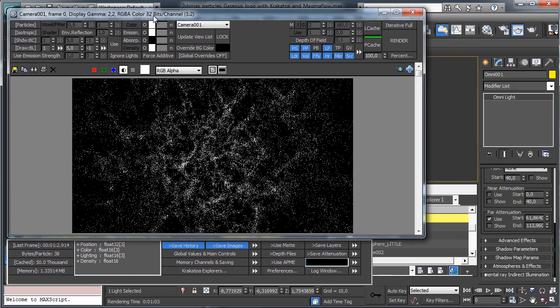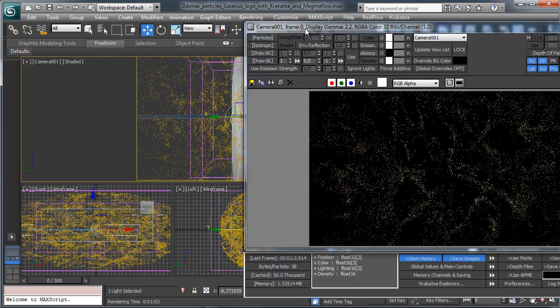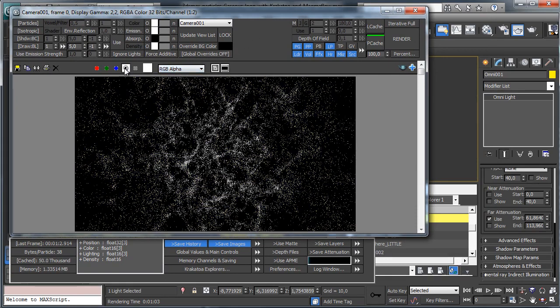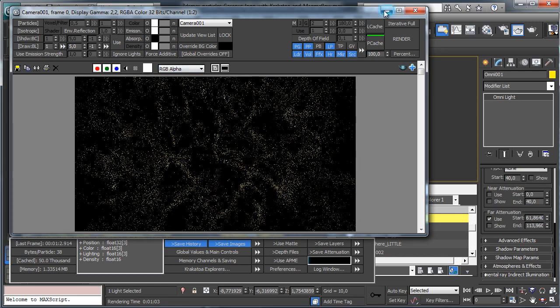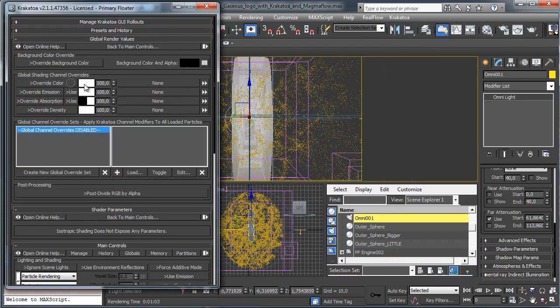You see that it is like the previous one, but this time if we go to see the RGB channel, we have the particles. We have yellow particles, and that's because we have the yellow color in the particles there. And other interesting stuff is that if you see the alpha is really, really heavy, we should have a lower density. But you know, if we go inside Krakatoa, so let's go to bring to front,